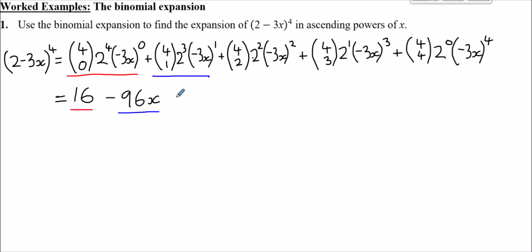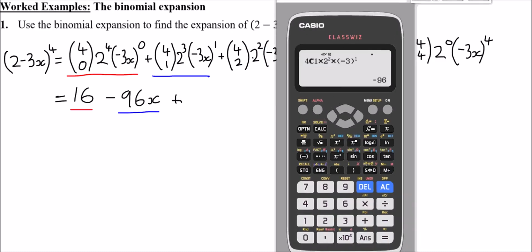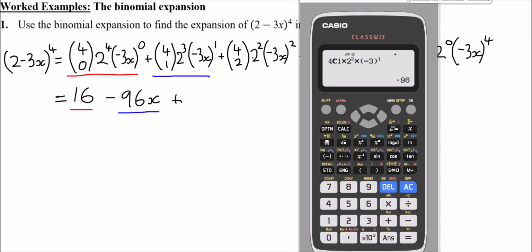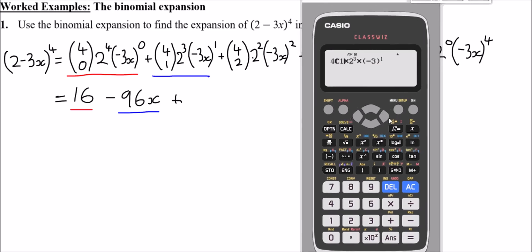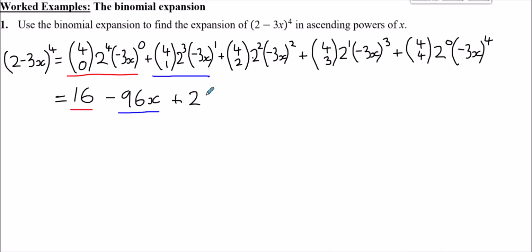The next one we're going to have, 4 choose 2, 2 squared, minus 3x all squared. So again, just editing it out like I said you can do. So 4 choose 1 becomes 4 choose 2. Delete the power 3, replace it with power 2. And the minus 3 to the power 1, replace the 1 with a 2. And that gives us 216. So it's plus 216